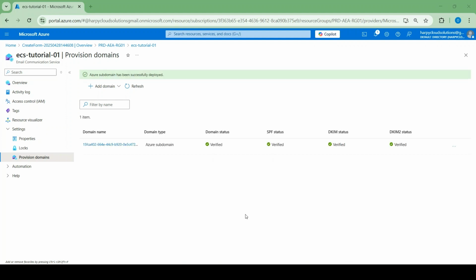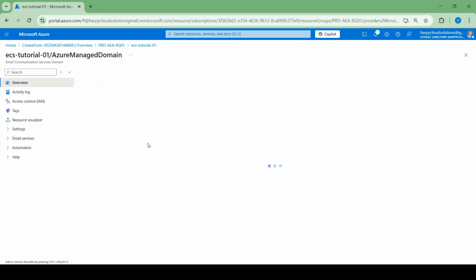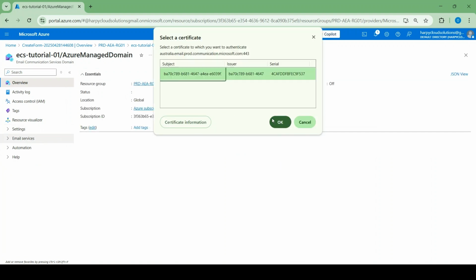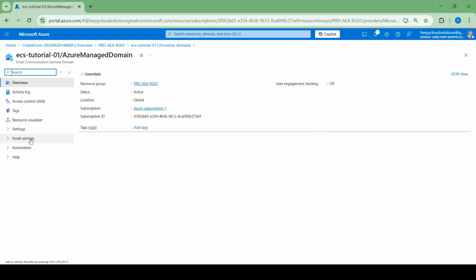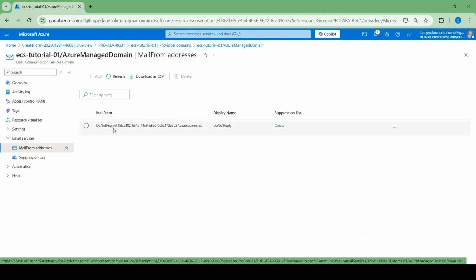So the free Azure subdomain has been created, and as you can see here, this is what it is. If you click on it, you get more info about the domain. So let's see. This is the domain itself. Just click cancel. This doesn't really matter. Click on email services, mail from addresses. All right. So you see how this is so long? Do not reply at blah blah blah dot